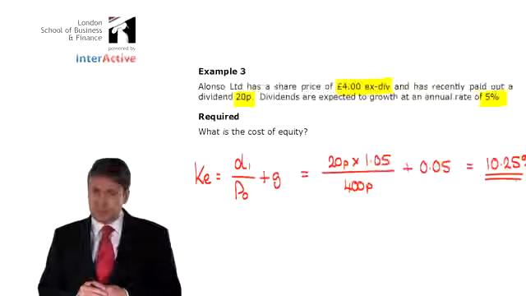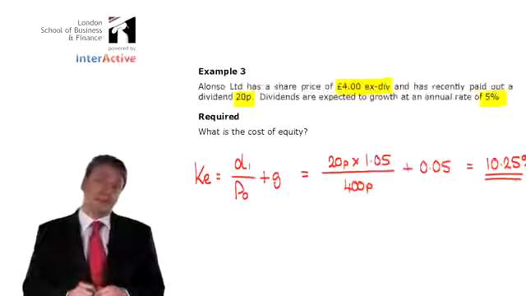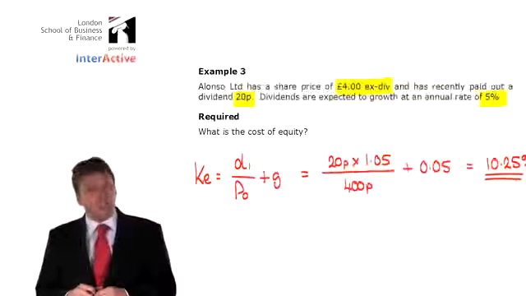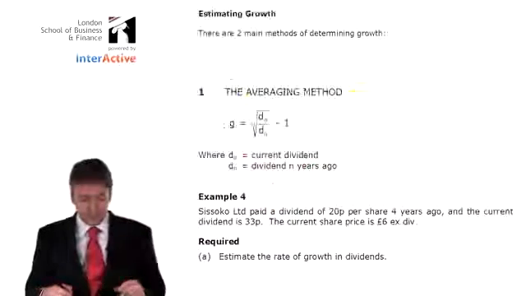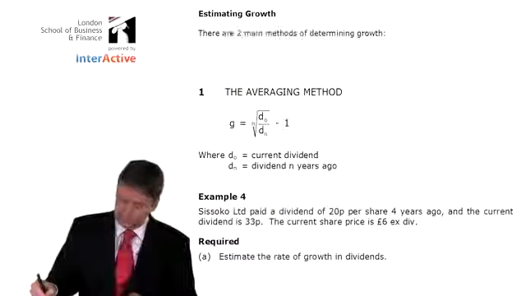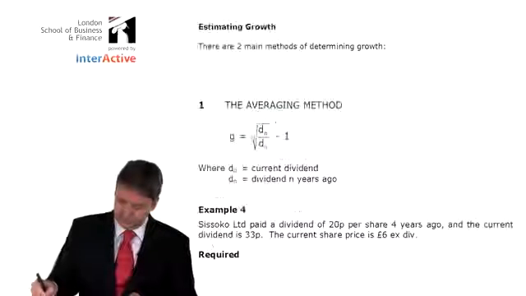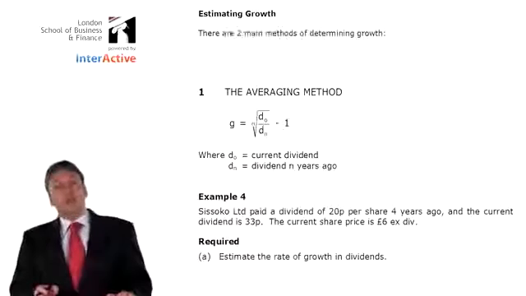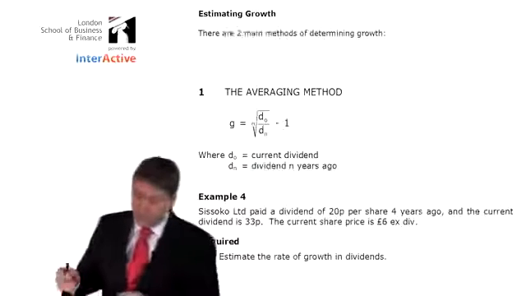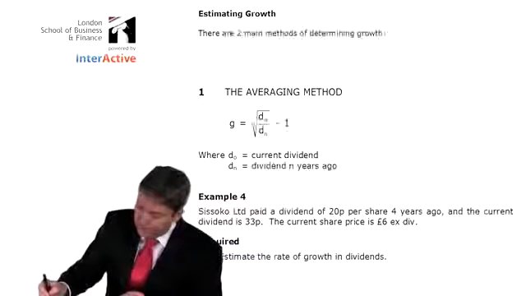But please remember, your examiner does not leave it there. What your examiner does is he requires you to calculate the growth rate. There are two main methods of determining growth,